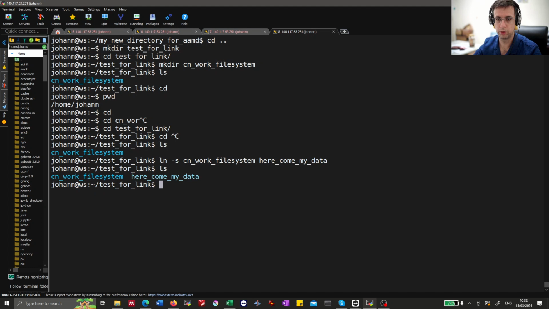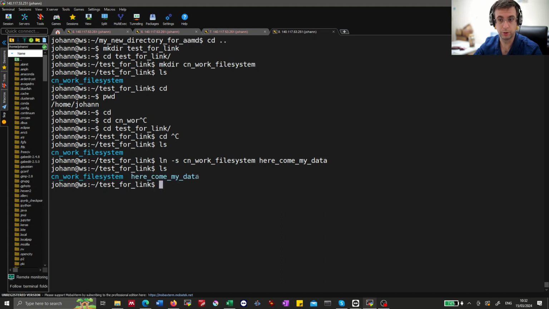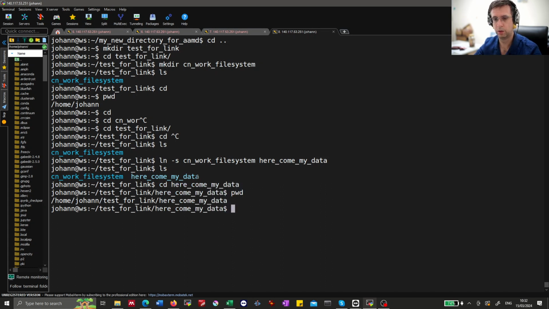Push ls, right? You see that the directory has a slightly different name than the link I just created. I can cd into the link, check where I am, make a file, vim new